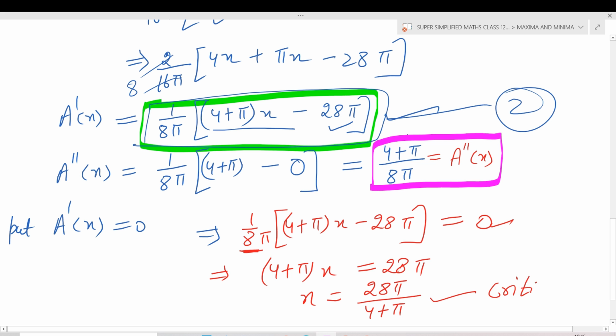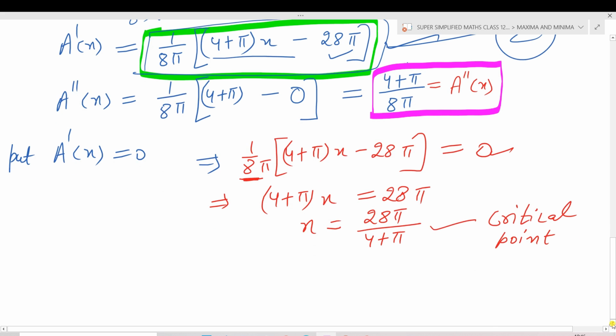So I have to check whether this x is a point of maxima or a point of minima. Meaning I have to check that if I take this value of x, or if I cut the piece of 28 meters wire from this place, so that the length of the first piece is x and the other is 28 minus x, for this value of x is the area minimum or maximum, I have to check. So how do we check? What is the process of checking?